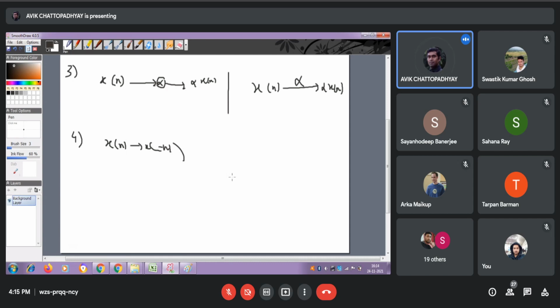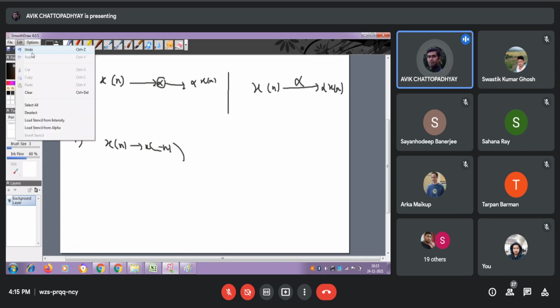Like you already know, un becomes u of minus n. un starts from 0 and continues up to plus infinity. U of minus n starts from 0 and continues up to negative infinity. So it is just a flipping operation. That is also very much important. Now in this context,